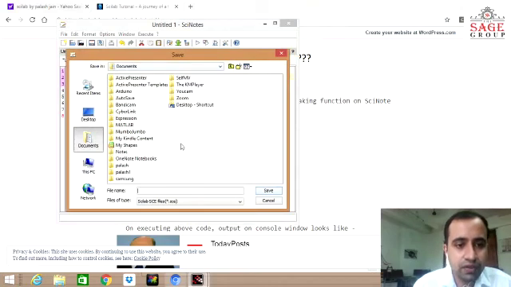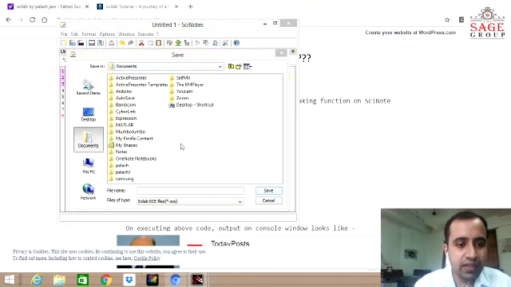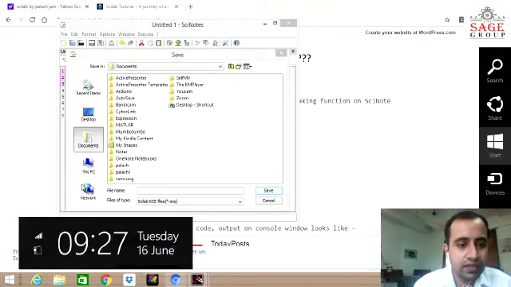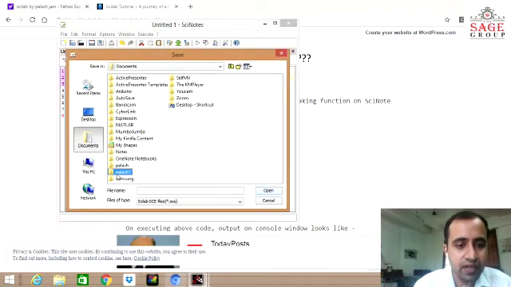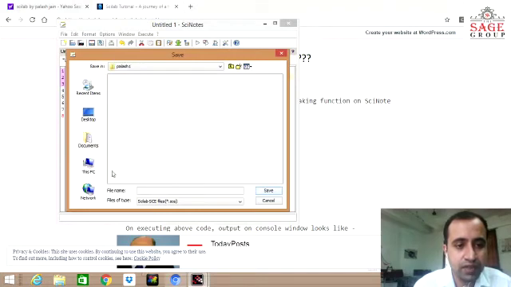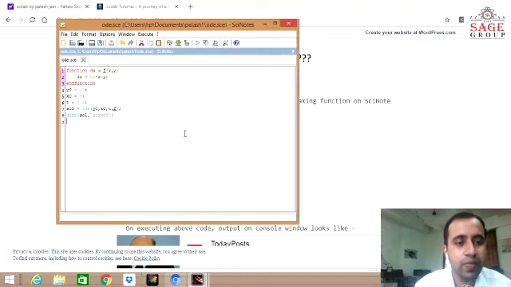Now in the console window you all have seen that we have set the path in the C drive. So we start saving. Inside the documents we have made one folder, Palash1. So inside Palash1 we save the file. We save the file by simply writing ODE as our file name, and the file extension it will automatically take. In Scilab the extension of the file we use is .sce, and in MATLAB the extension is simply .m. So this is the main difference between the extensions in Scilab and MATLAB. So we have saved our file.